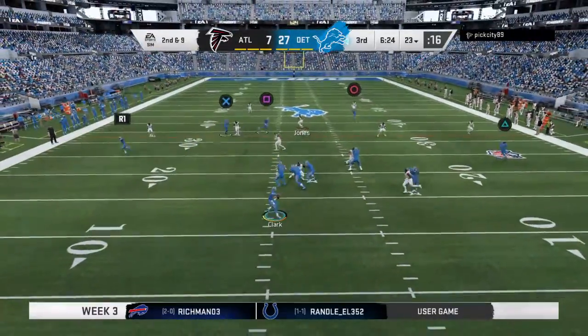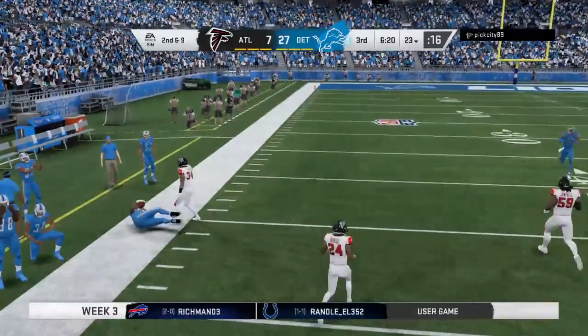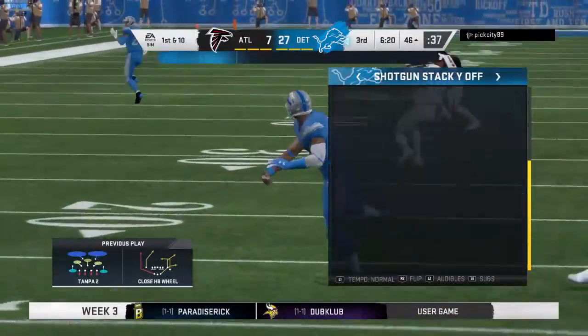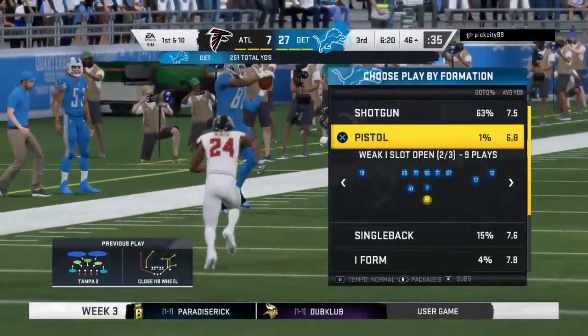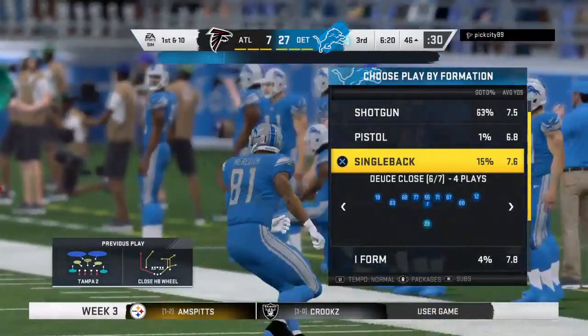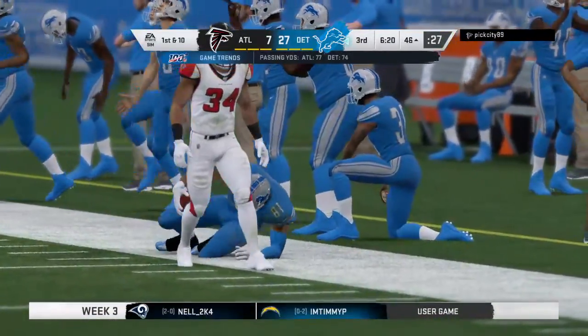Now Clark from the gun, he'll throw. He's going to fire one deep left side and got his man. Complete. And he'll take this to the other side of midfield before going out of bounds. That goes for a gain of 31. That's good for the Lions. First down. 1st and 10 at the 46-yard